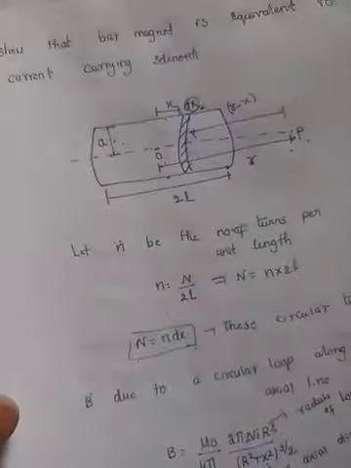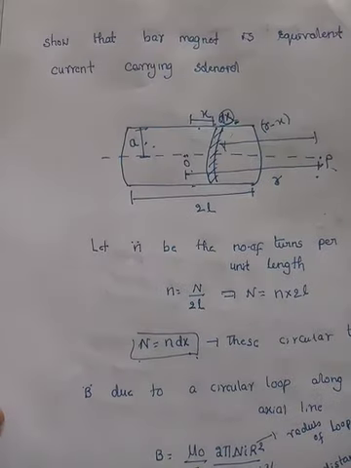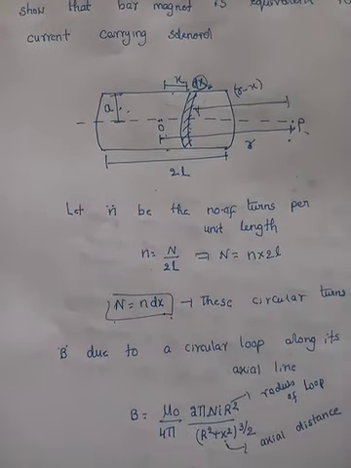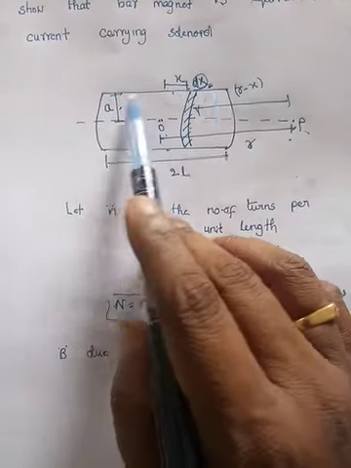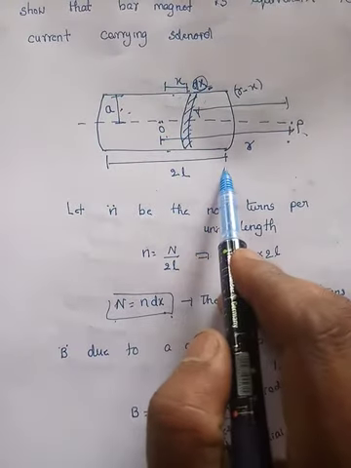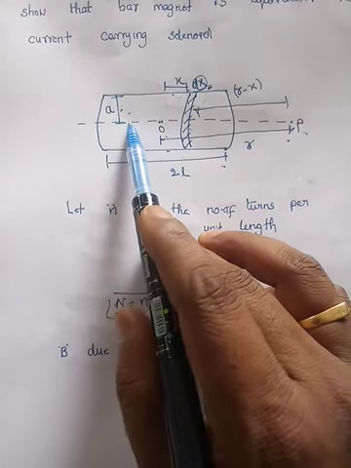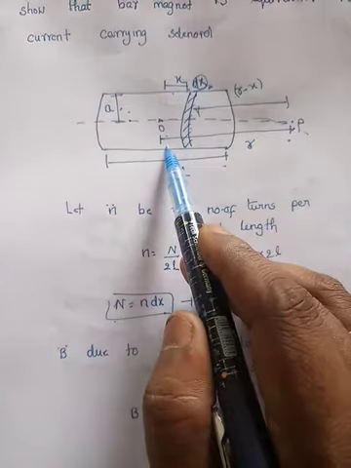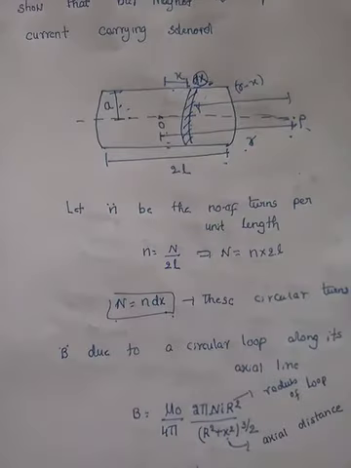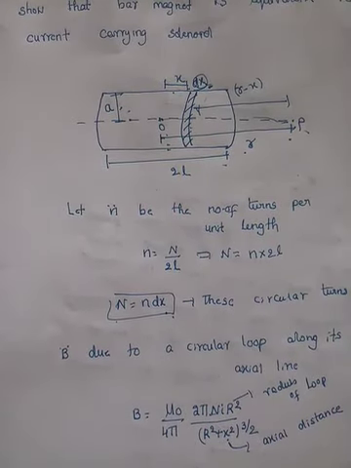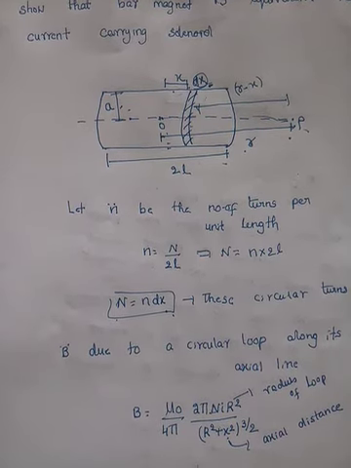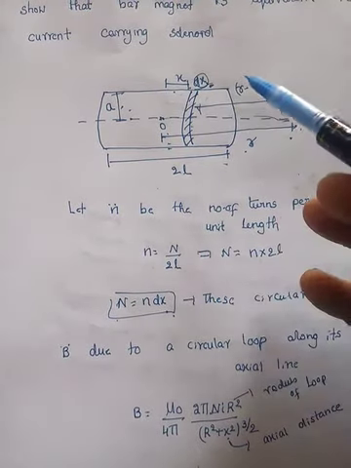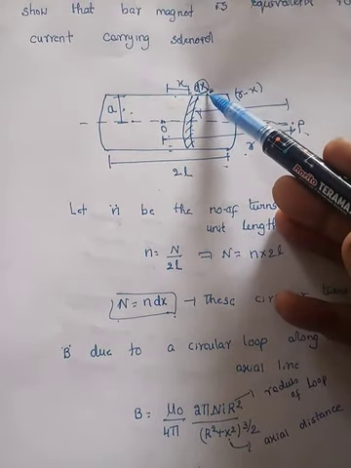So this is very simple. I will explain again. Let us see what they are saying: we should prove that a bar magnet acts as a solenoid. For that we consider a solenoid of length 2L. The radius of the solenoid is a. We consider one axial point, that is P. The distance between O and P is R. As we already know, a solenoid is nothing but a wire wound with a number of circular turns carrying current. Like the turn, we are considering only one.